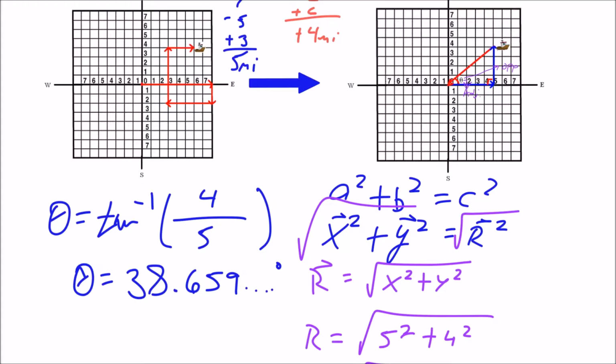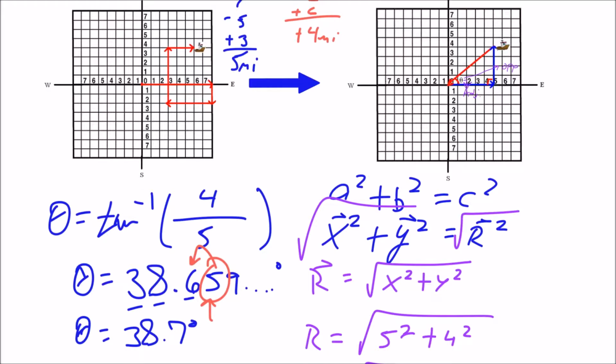Okay, now in this class, and you should actually, all other physics classes, unless your teacher tells you otherwise, you only need to have 3 sig figs for angles. So remember that you want to look one place value further than the last digit that you're going to keep, just for rounding purposes. So does this 5 do anything to that 6? Yes, it does. So then our theta, our angle, is going to be 38.7